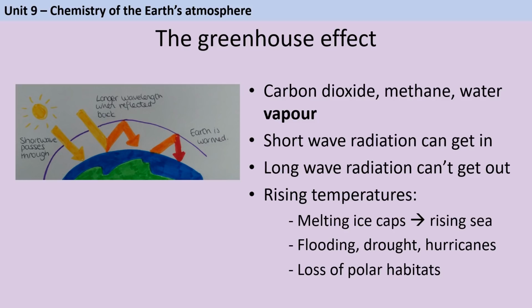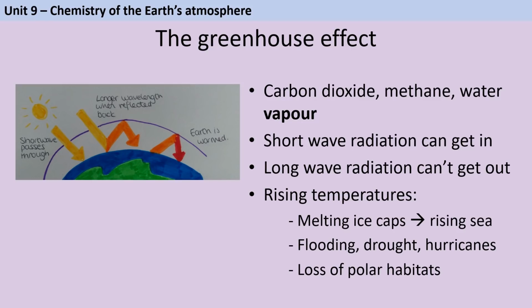You should know that greenhouse gases have something to do with global warming, but we need a little bit more detail here. Firstly, the 3 named greenhouse gases in your specification are carbon dioxide, methane, and water vapour. These are molecules that will vibrate in response to radiation, and they're responsible for the Earth warming up. Having a little bit of them is actually a good thing because it keeps our temperature stable and high enough to sustain life. But unfortunately, we now have too much of them, and so climate change and global warming are